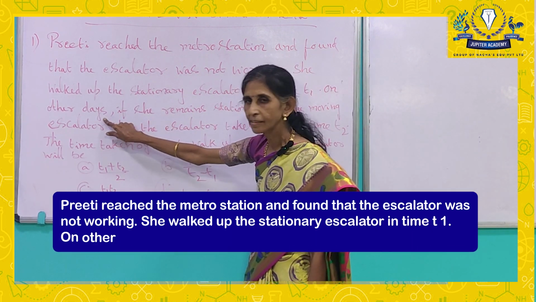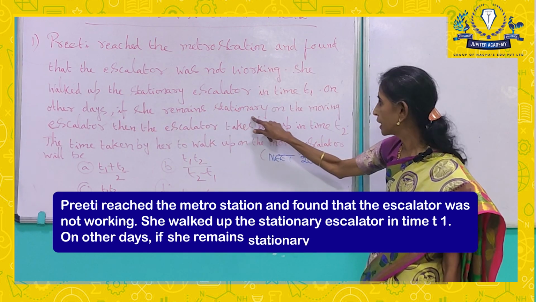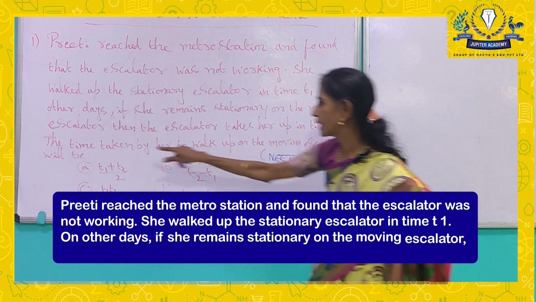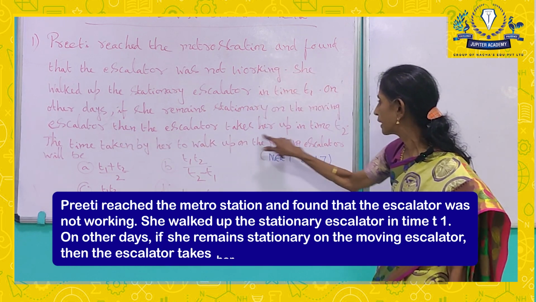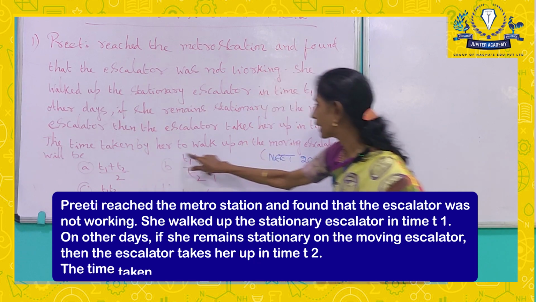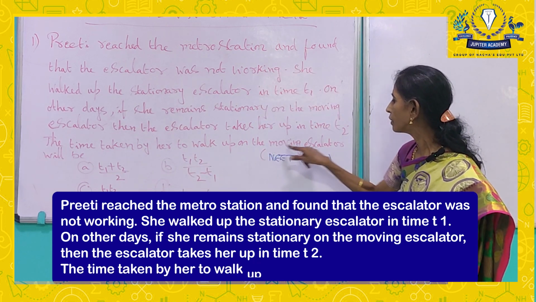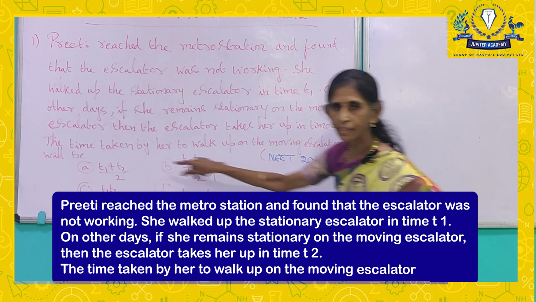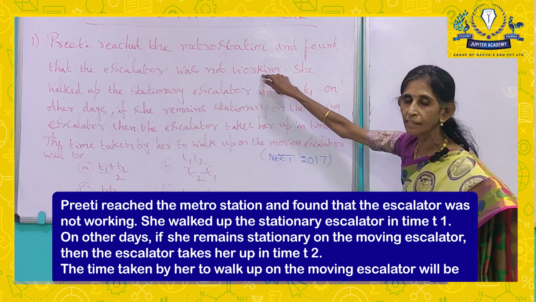On other days, if she remains stationary on the moving escalator, then the escalator takes her up in time t2. The time taken by her to walk up on the moving escalator will be, they are given separately, that is,